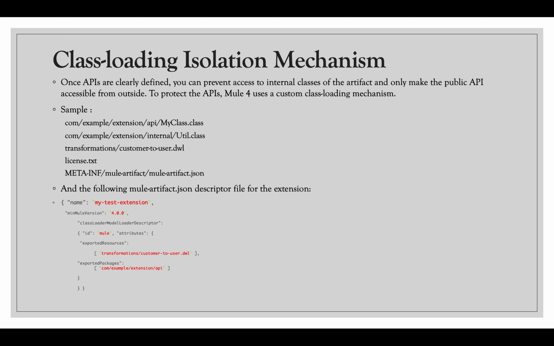Now, if you add these particular lines or tags, which can be copied from the target mule-artifact.json to the main artifact JSON file, then in this particular use case it will make sure the customer DWL file is used as an exported resource, and this exported package of Java classes is available as a public resource to any other project which uses this particular set of resources as a dependency, as a Maven dependency. We will discuss more about this in our demo.